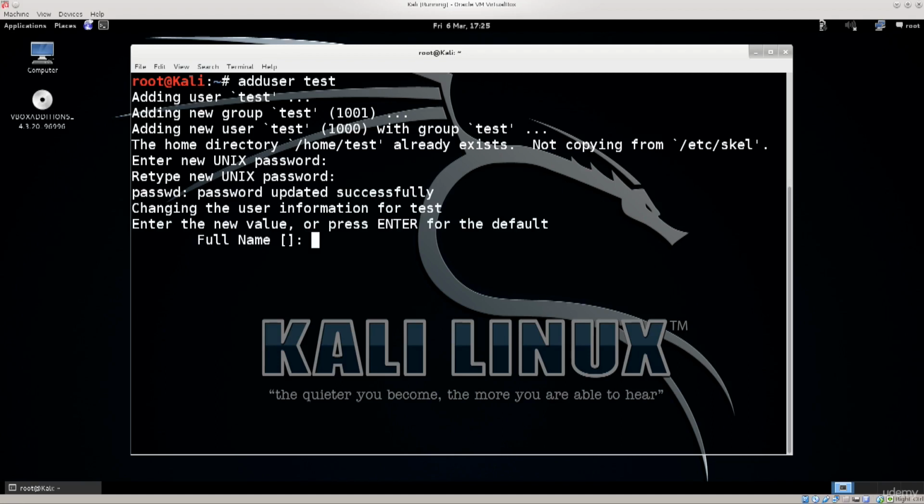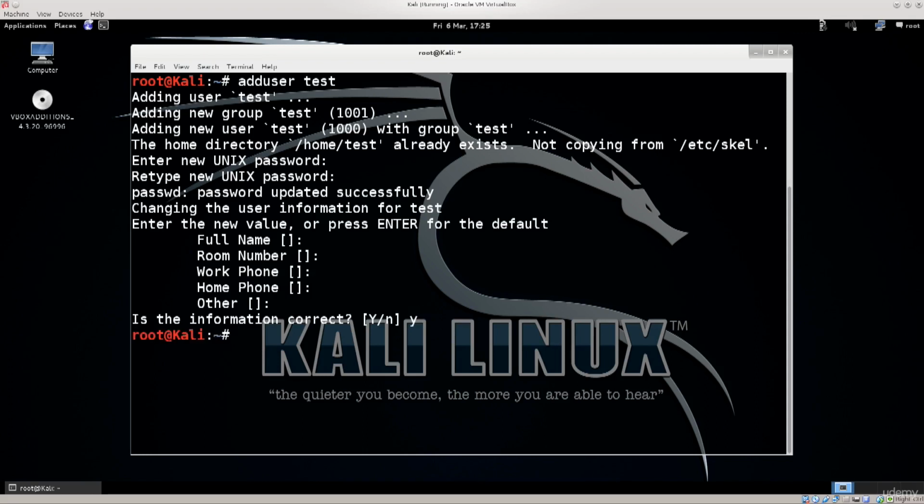Very nice. So press enter. Now you are prompted here for some information in regards to that user, completely irrelevant for our purpose today. So we do not want to type in the full name, room number, work phone, home phone, other, don't care. Is this information correct? Sure, why not? Press enter, and there we go.